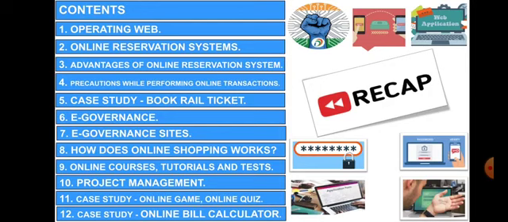And then we have learned how to book a train ticket in IRCTC. The full form is Indian Railway Catering and Tourism Corporation Limited. A summary of all the steps has been taught to you. We understood the concept of e-governance.